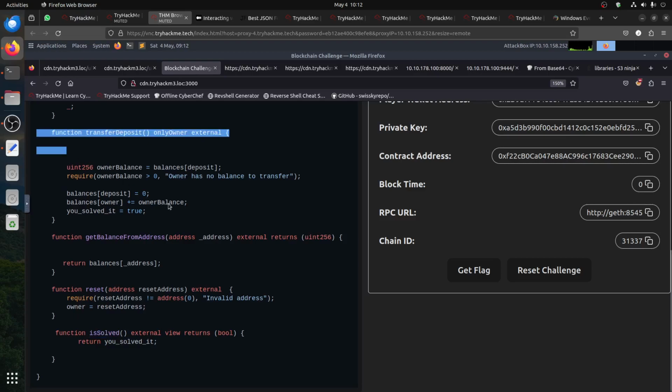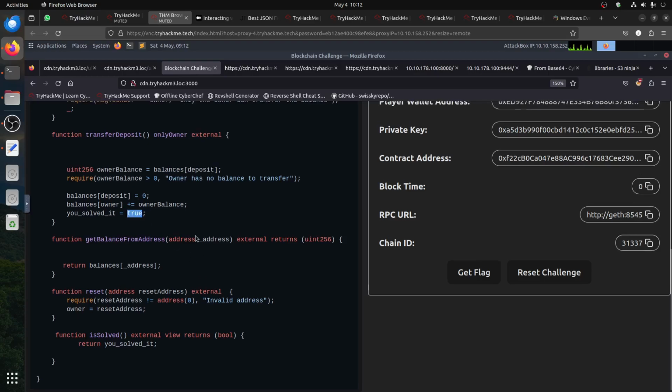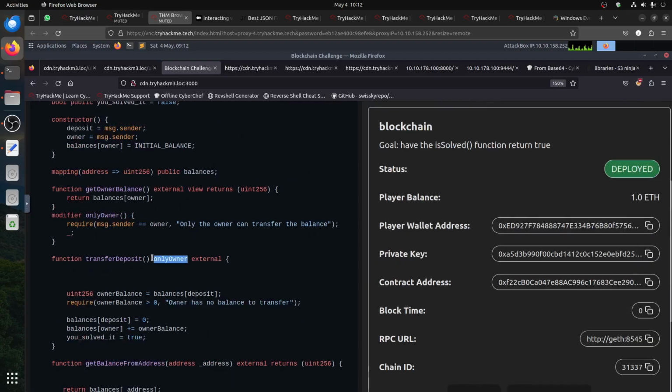So we need to call this function to have solve equal true. This is the variable we need. You need to be true. For us, you need to be owner. Now, we assume we are not the owner, and then